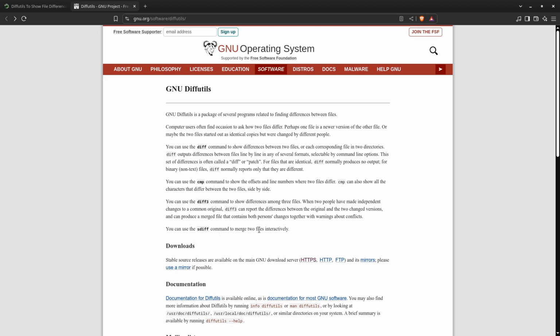And then you have sdiff, which is for merging. So don't worry about merging and the 3 files. In a future tutorial, I'll show you another application you can use, but you can also use the command, and just be aware of that as well. Okay, now